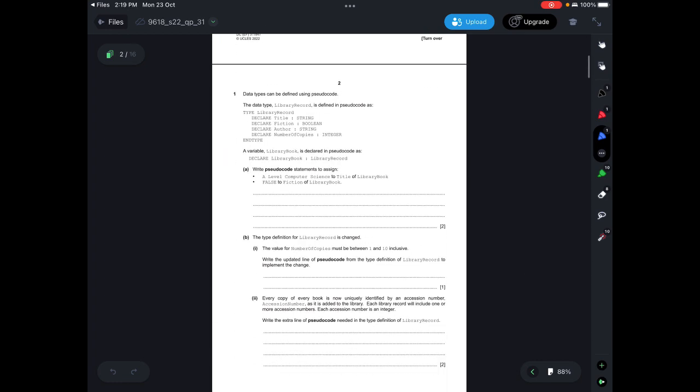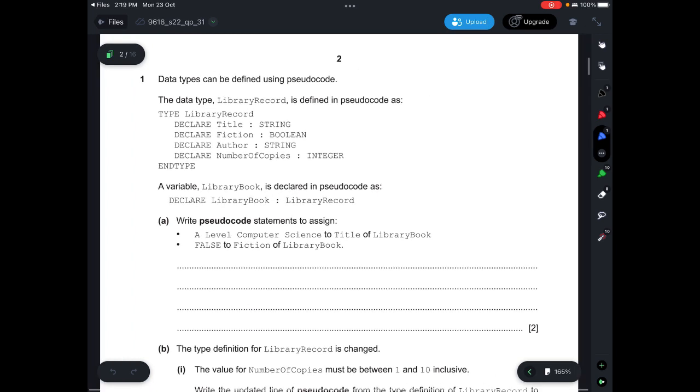Let's start. For the first question, it says data types can be defined using pseudocode. The data type library record is defined in pseudocode as the code on the bottom. A variable library book is declared in pseudocode as declare library book library record. And A, we need to write pseudocode statements to assign A-level computer science to title of library book, false to